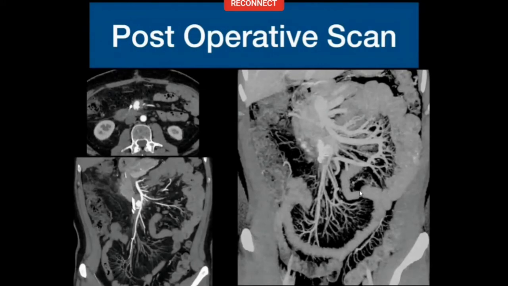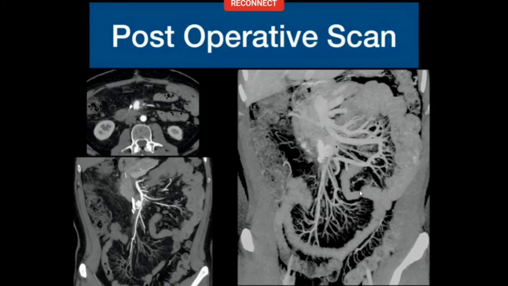3 months later, I think the patient came back. There is a pseudoaneurysm because the surgeon tried to remove as much as possible, and the artery got injured. And this is a classical image where you can see that though he tied off the SMV, you can still see that there is collateral flow which is going across because of the marginal vessels which I told you.